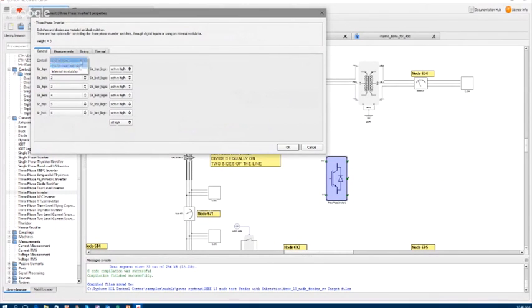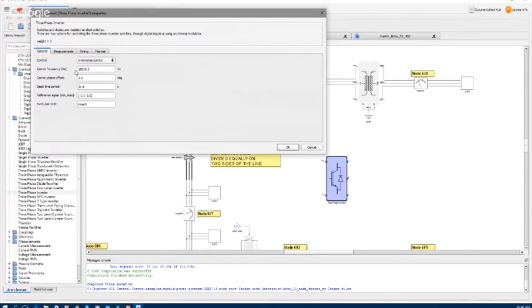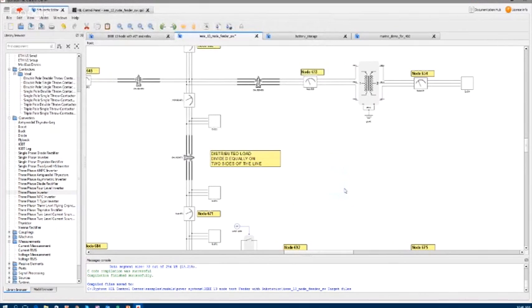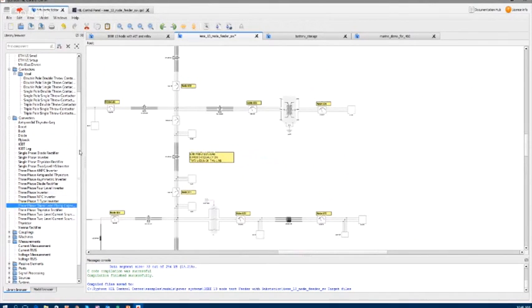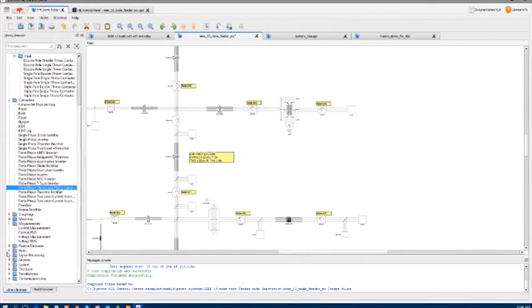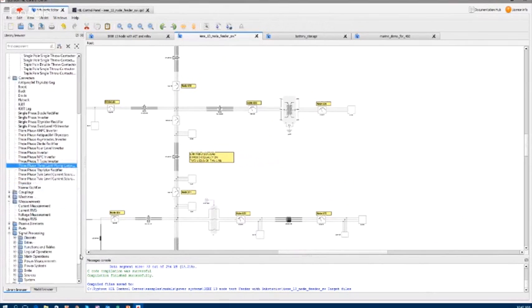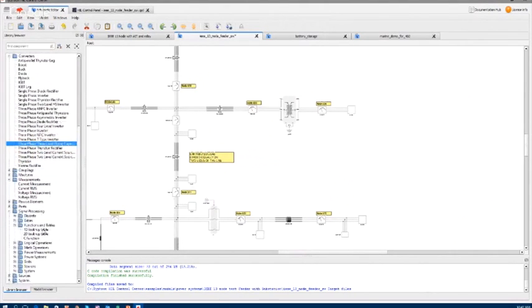If you want to control it internally, then you say internal modulator, and then just define the switching frequency, dead time, etc. So all the modeling is done completely with your mouse. No need for writing equations. And this applies to anything that you can find in this library. Some usual libraries that you came across in MATLAB, like mathematical operators, discrete functions, custom C blocks, are all here as well.